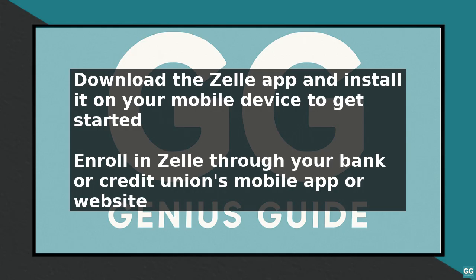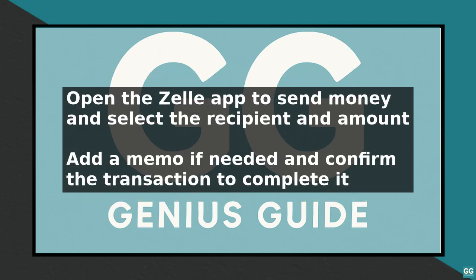The first step is to enroll in Zelle through your bank or credit union's mobile app or website. If your bank is not listed, you can still use Zelle by downloading the Zelle app and enrolling with your debit card. To send money, open the Zelle app, select Send, choose the recipient, enter the amount, add a memo